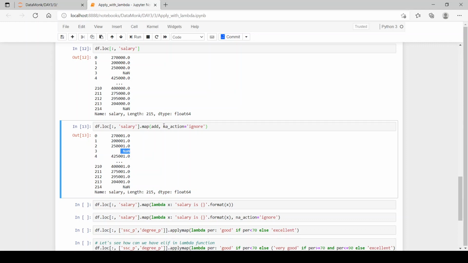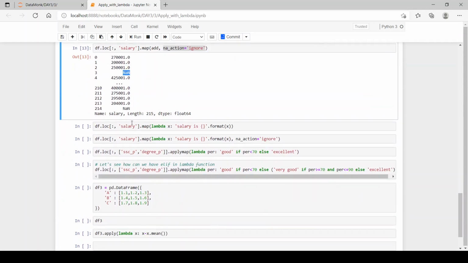Therefore we have used na_action equal to ignore. This will ignore all the NaN values and then perform the add operation on each and every element excluding NaN values.